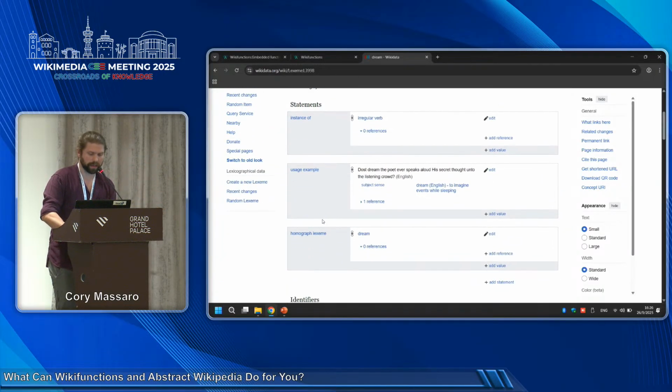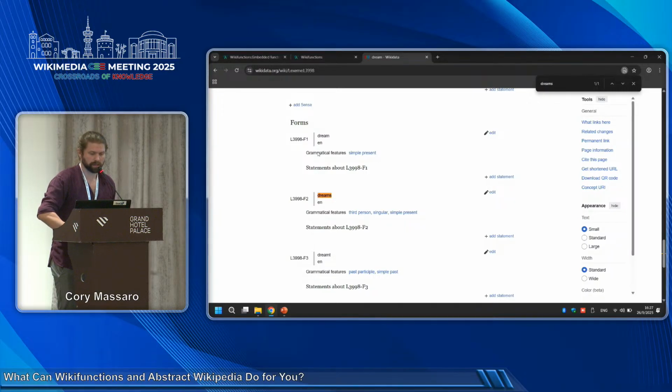In English, these are pretty easy because English is not a very morphologically rich language, but I tried to count how many forms a verb can take in Quechua, and it's in the thousands. So these things get out of hand very quickly.